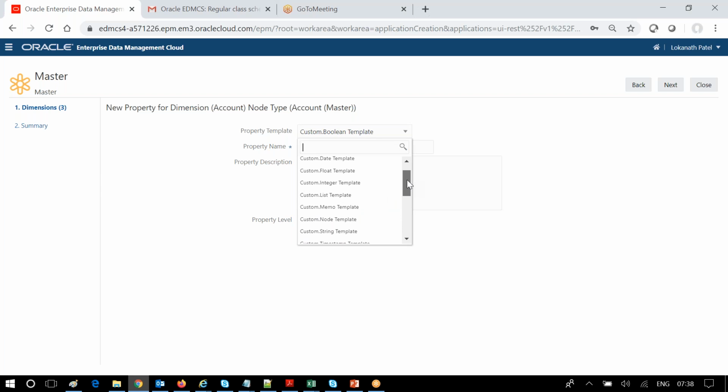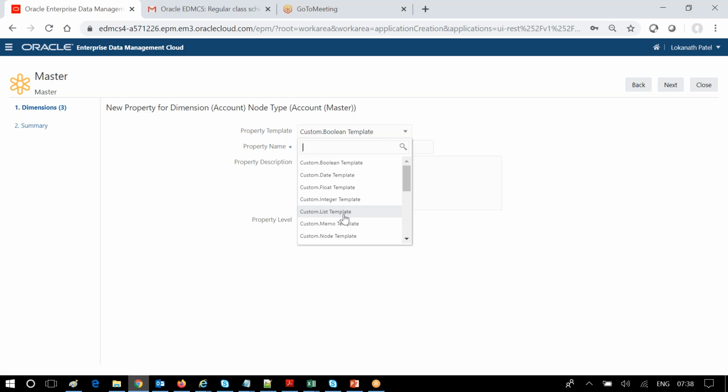Okay, so that is like providing reference from a different viewpoint to exist at the current viewpoint. So during that time we use the node template, so I'll show that one, how to use that one. Apart from that, like the boolean template, it stores true and false, date stores only date, float is the decimal points, integer only numeric values, list, if you have a set of list, then you can